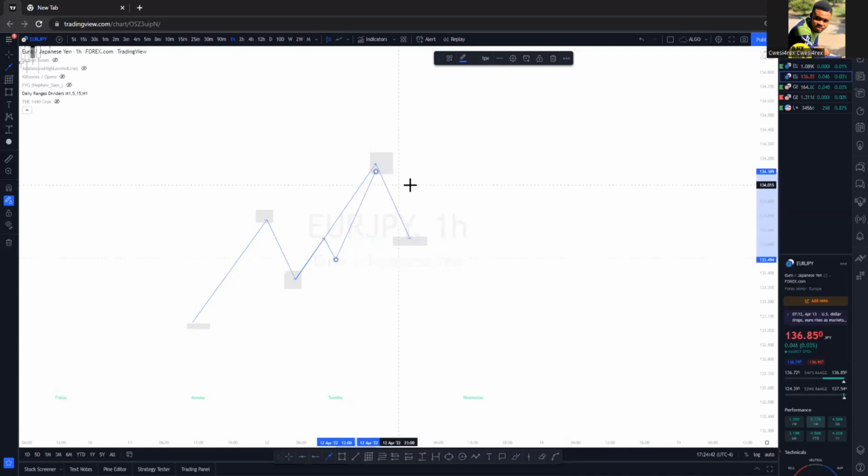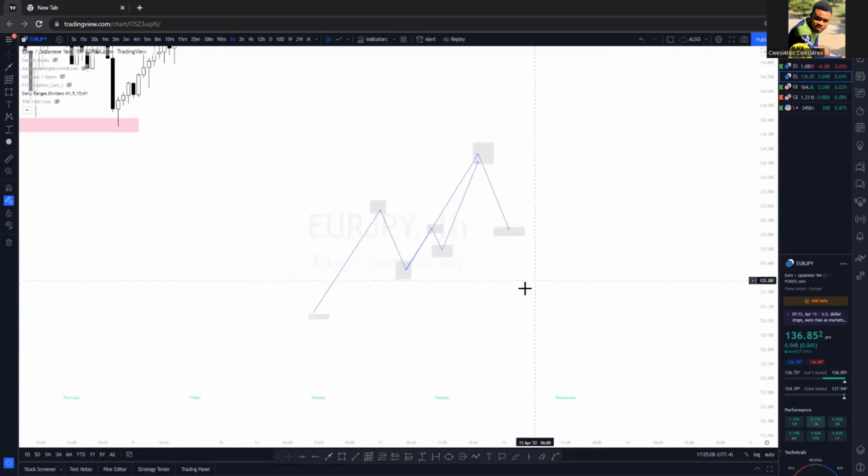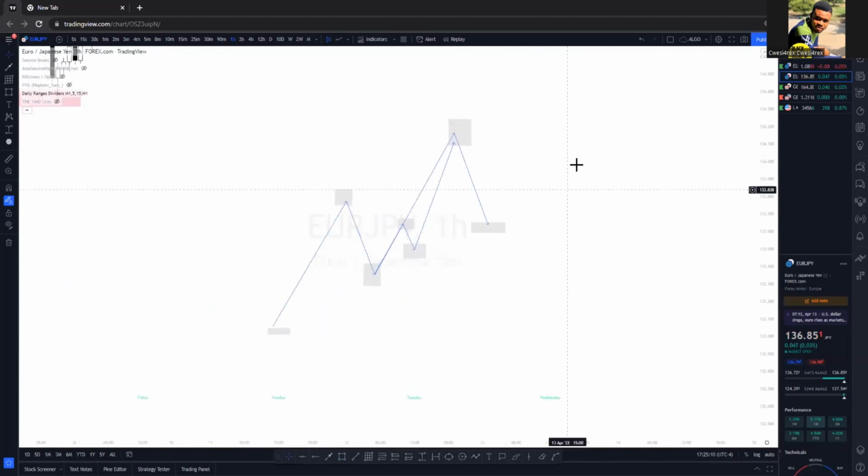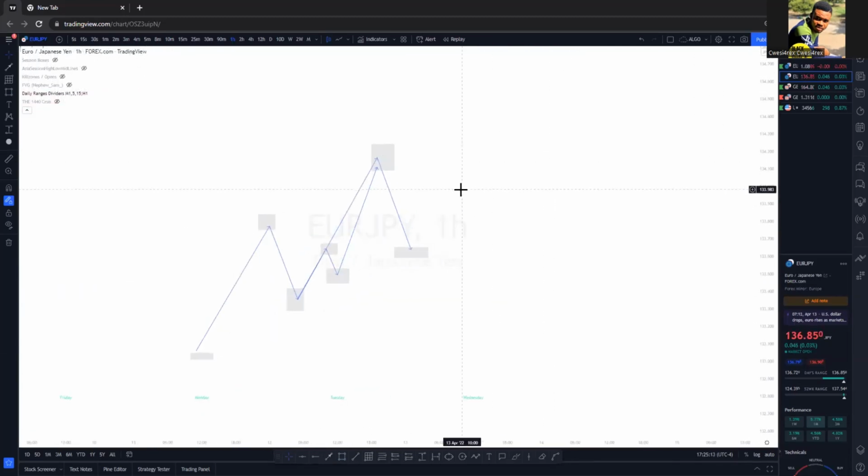It's a complex pullback because this move over here didn't break this H4 high. Are you getting it? This H1 move over here, which is a high on the H1, right? It didn't break this H4 high, right? So it becomes a complex pullback. Are you getting it? It becomes a complex pullback. Good. So when you are on the H4 and you want to catch a continuation trade, what you need to do is use